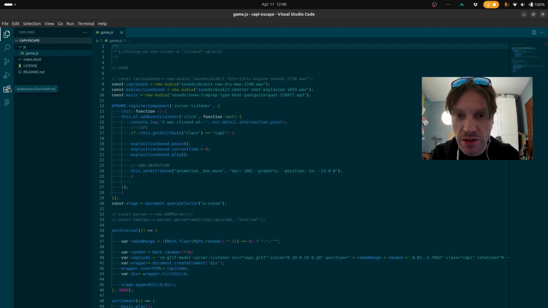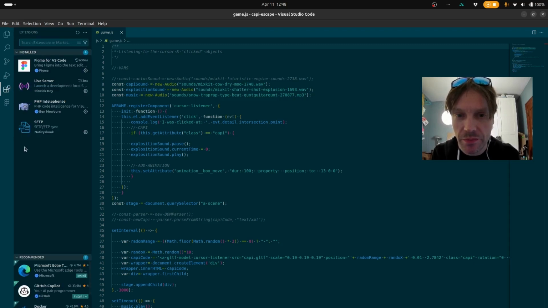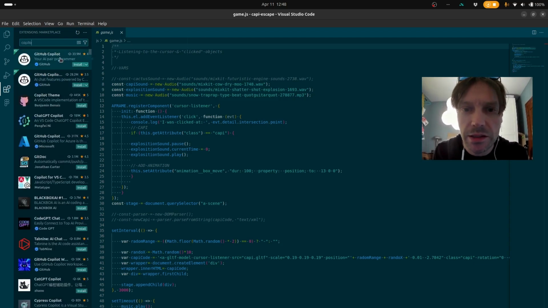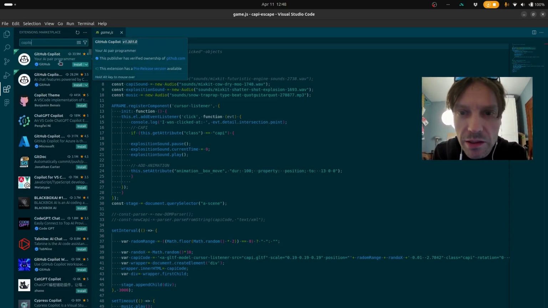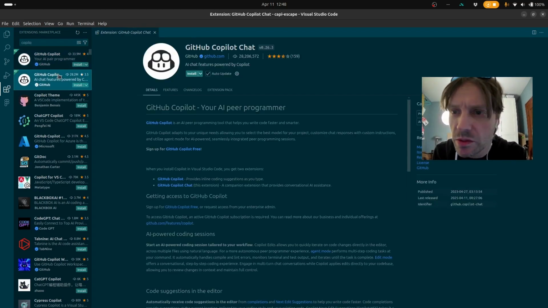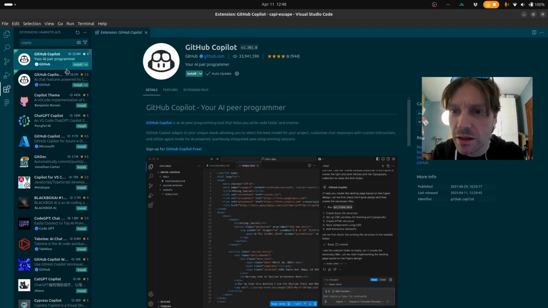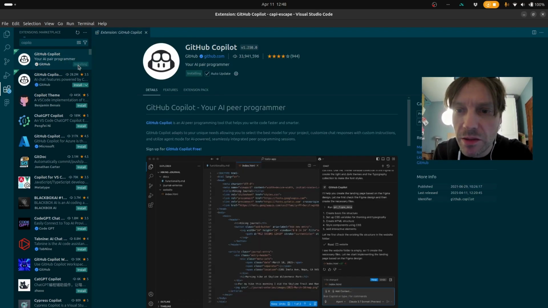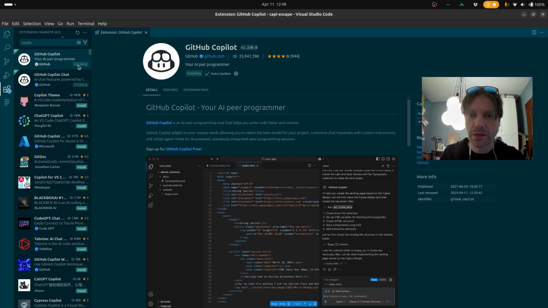In the extensions, I'm going to look for Copilot. And that's basically here. GitHub Copilot. I'm not sure what the difference is between those two. Oh, this is the chat and this is the actual extension. So I'm going to say install on this one. It's going to take a little bit, but